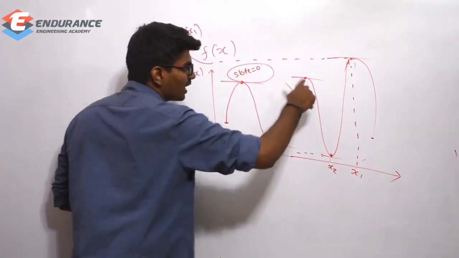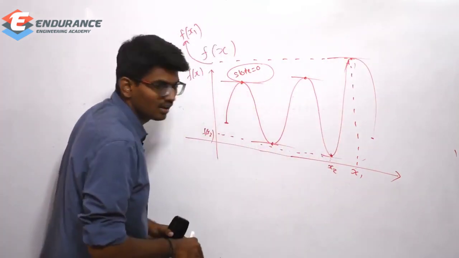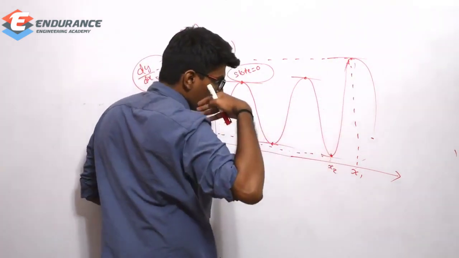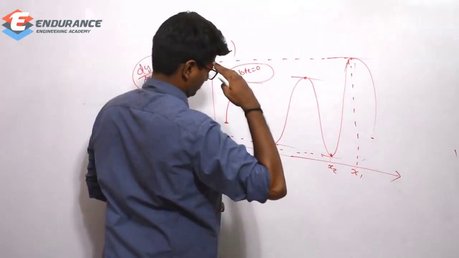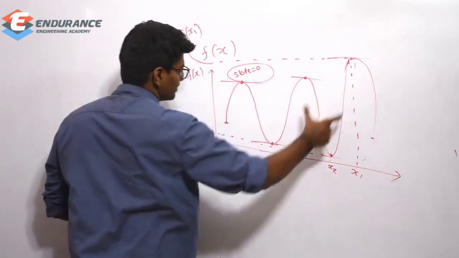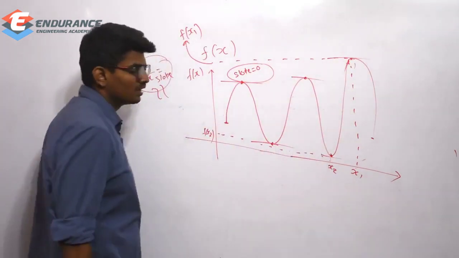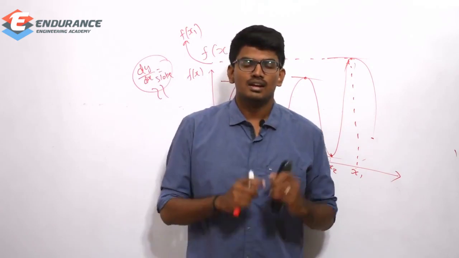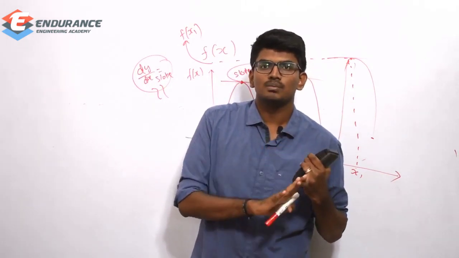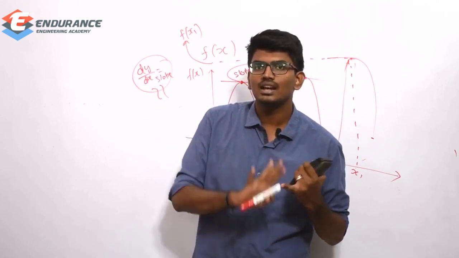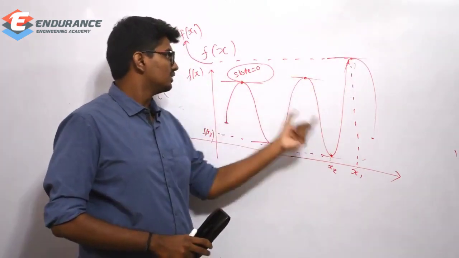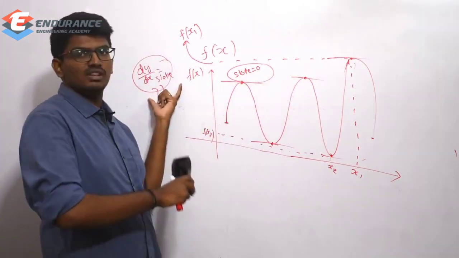Every point where the nature is changing is a critical point, but we need to find maxima and minima such that f of x is becoming maximum and f of x is becoming minimum. Okay, so what is the observation which we made? Maxima and minima surely lie in critical points, but not all critical points are maximas and minimas, and at critical points the slope is 0, so the differentiation will be 0, which is nothing but